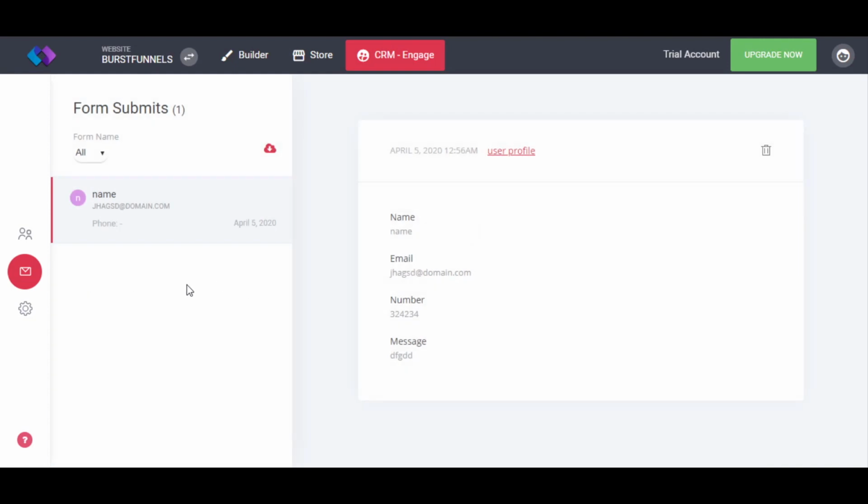In the messages section, you can see all the messages that are being filled in and submitted by visitors on your website or funnel or page, whatever it is. So in this case, we have only one. So we have this information where if you click on the user profile, obviously you go to the profile of